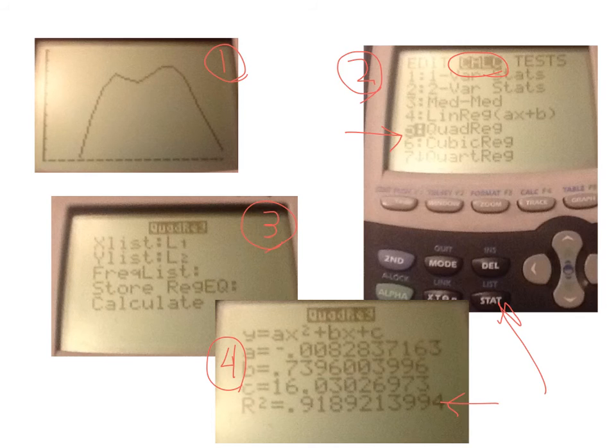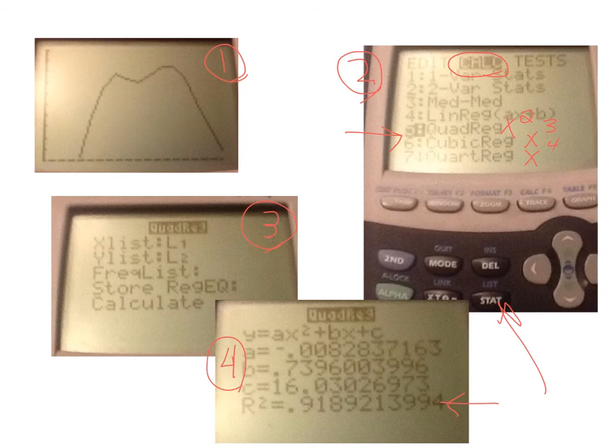So the first thing I did here is I graphed it, and then I went back to the stat part of the calculator and I highlighted calculate. Okay, we said it was even. If you look at our options here, we have a linear regression, which would be ax plus b, but linear is to the first power, which is odd. Quadratic regression, which is x squared. Cubic regression, and quartic regression. I think there are more, but